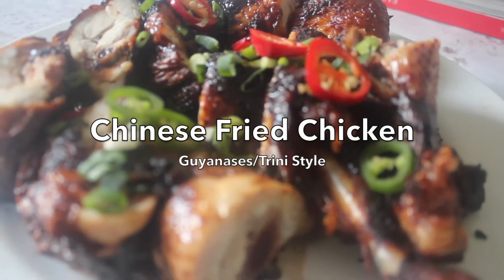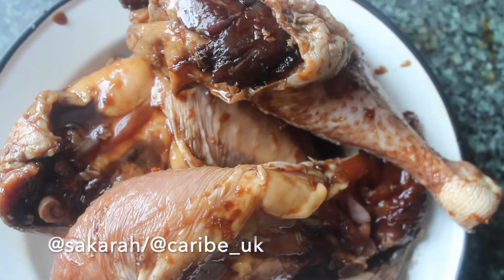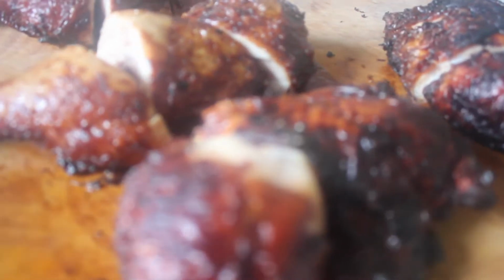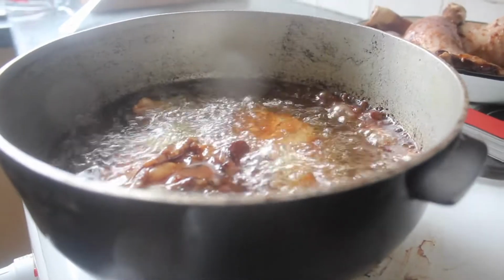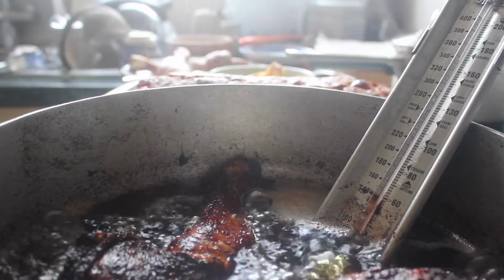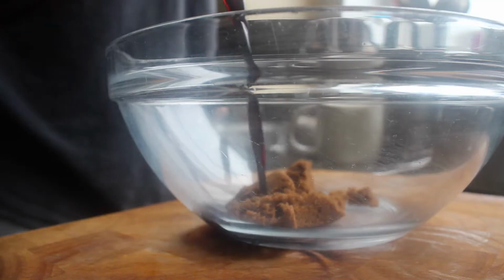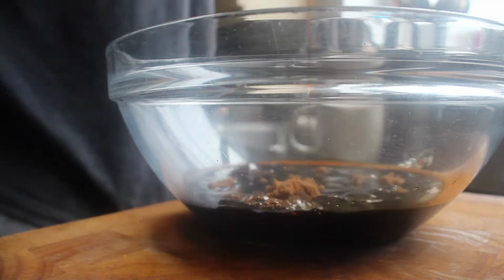Today's recipe is Chinese fried chicken, Guyanese or Trini style. This is a dish that you'll find in the Caribbean islands where there is a Chinese community like Guyana, Trinidad, even Jamaica. And it's basically chicken that has been marinated overnight in soy sauce, sugar, and then slowly fried in